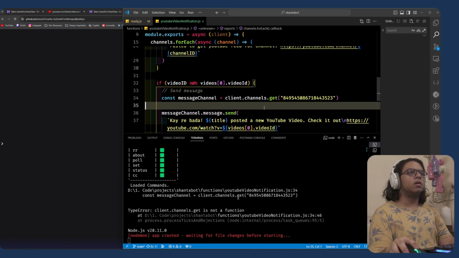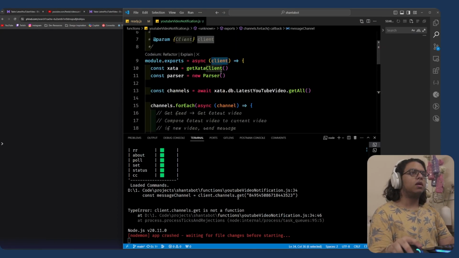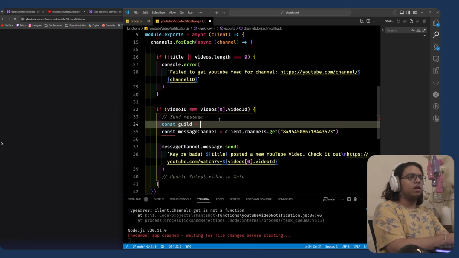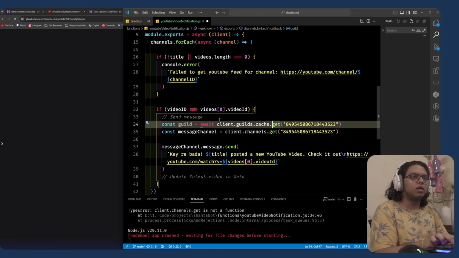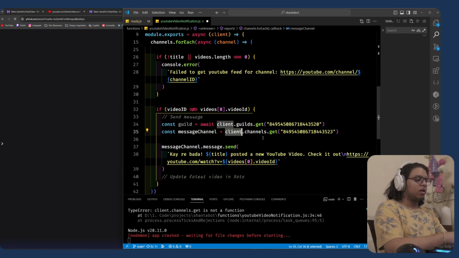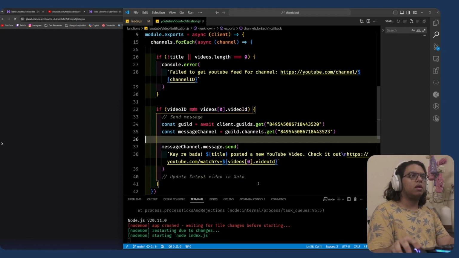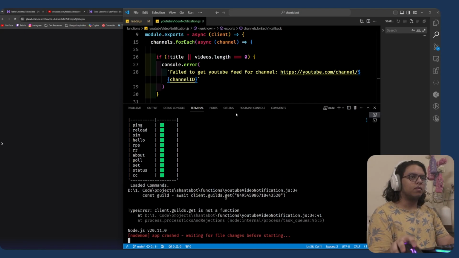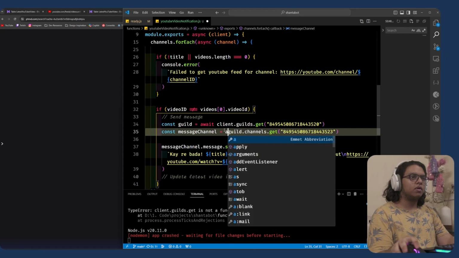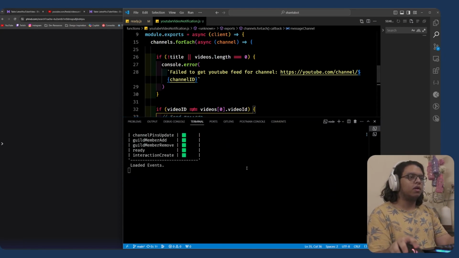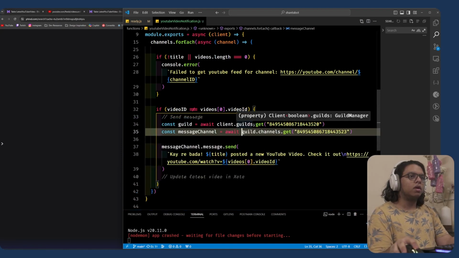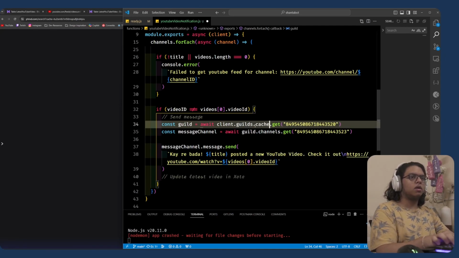So the answer that it gave me was exactly what I had written so far, which confused me for a second. Then I realized that the client can't just fetch channels out of nowhere. We need to actually define a guild and then fetch the channels from that guild specifically. Okay, now let's try this. So first I thought it was because I was not awaiting the result, but adding the await still didn't fix it. Then I remembered Phind showing me guild.cache.get and channels.cache.get. So then finally I added that in.